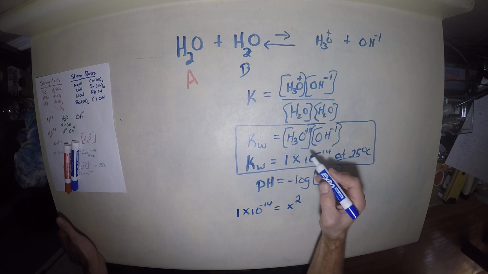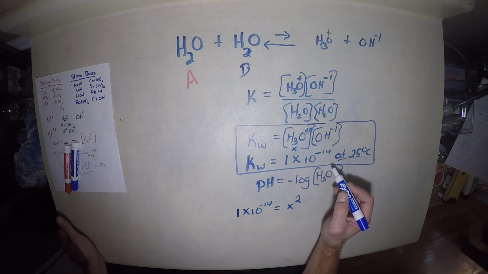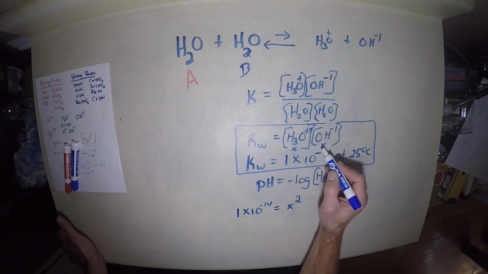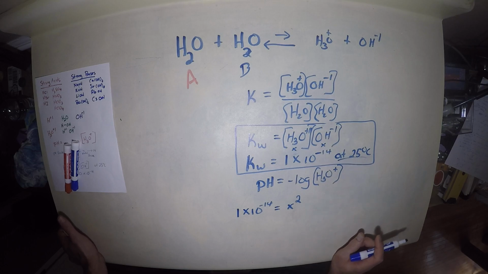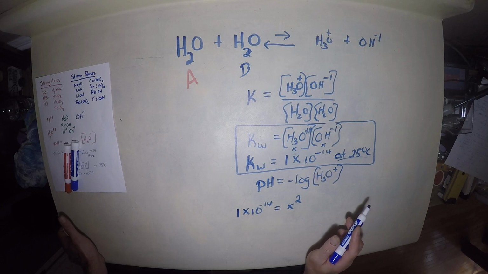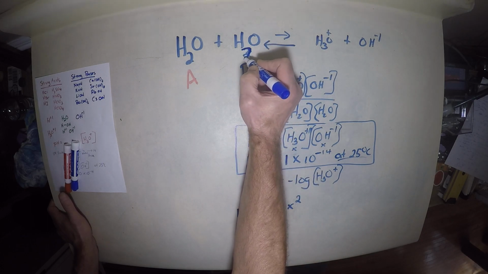And I got x squared by just making hydronium x and making hydroxide x. And again, those two are only going to be equal to each other in special circumstances. And this circumstance would be if we had